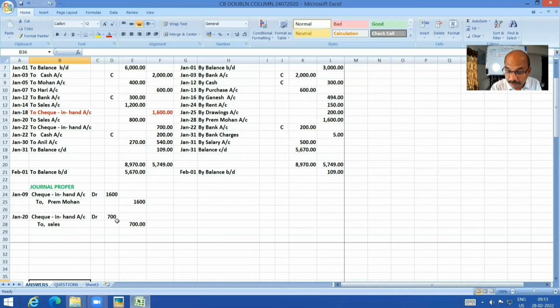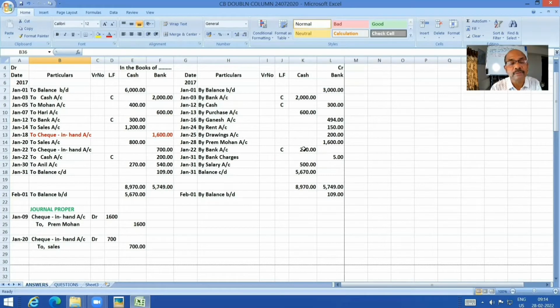Be very careful. They said they have made a total deposit into the bank to the extent of 900, including the previous check of 700, which I had debited under check in hand account. So I am reversing to check in hand 700 in the bank column, and to the extent of cash, bank to cash. And I know bank to cash, of course, my hand has to get shifted here. Cash by bank 200. I think you're very clear now. Yes. So this entry, carefully learn it.